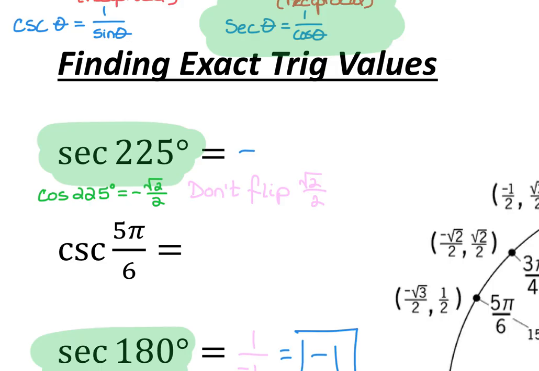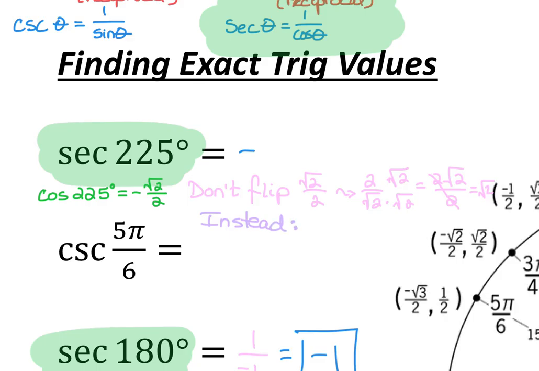If you flip radical 2 over 2, then you get 2 over radical 2, and then you have to rationalize the denominator, which is weird, and then you get 2 radical 2 over just 2, and then you have to cancel the 2's, and that whole thing equals just radical 2, gross. But instead, let me find a different color for this instead part. So instead,